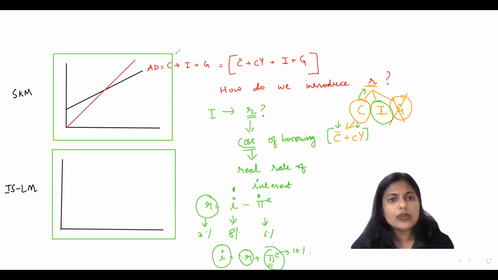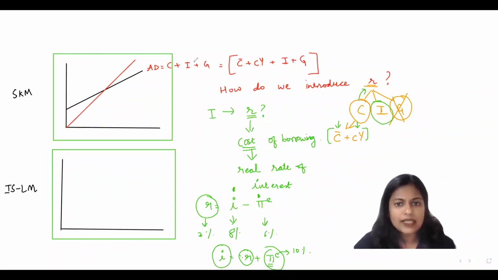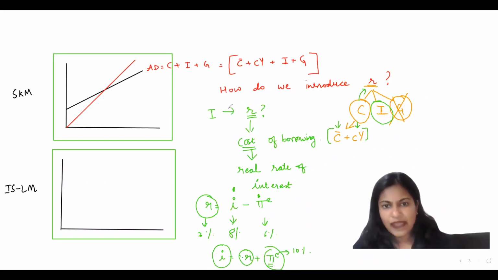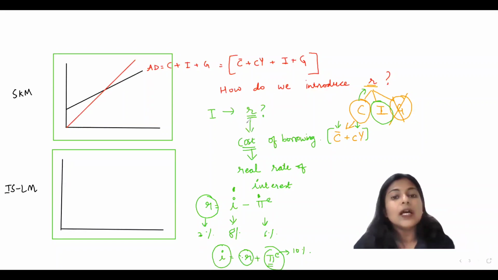So we are only going to look at the real rate of interest. The real rate of interest is the nominal rate of interest minus inflation, and investment is a function of the real rate of interest. What are you paying net of inflation? Because inflation you have to meet anyway. So net of inflation, what you're paying is what you have to look at.